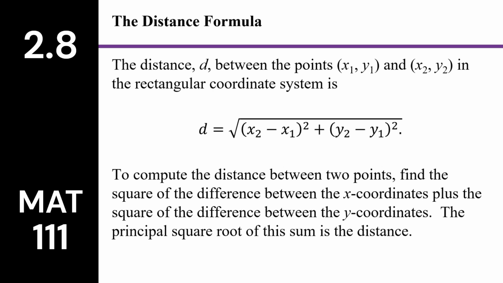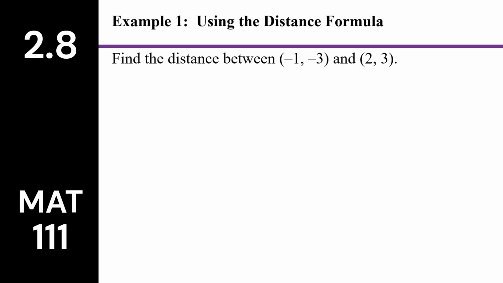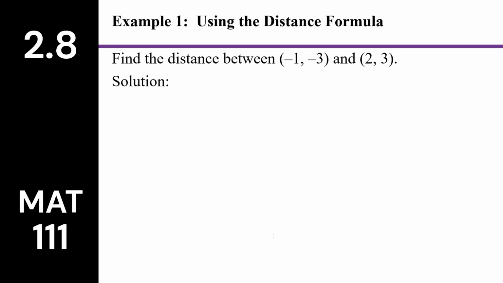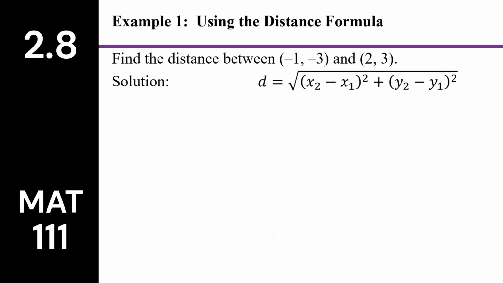Let's look at an example. Find the distance between these 2 points. We want to express our answer in simplified radical form, and then also approximate it to 2 decimal places. To find this distance, we take our distance formula,